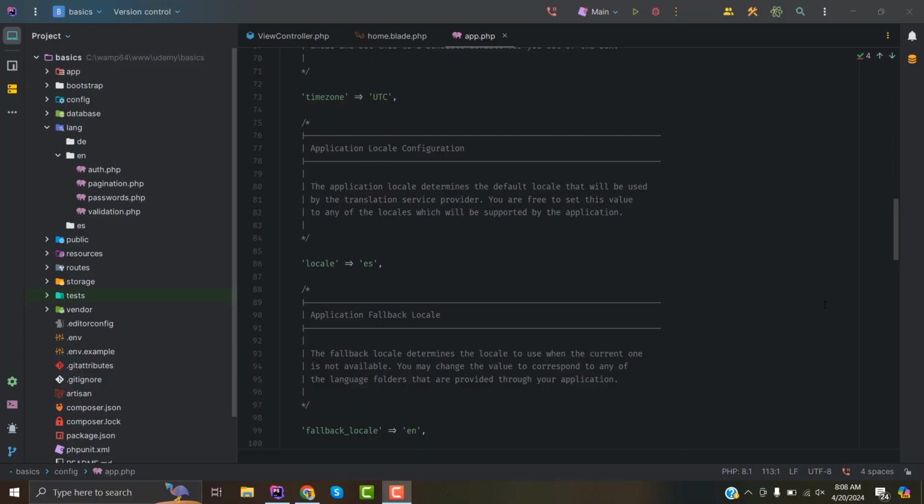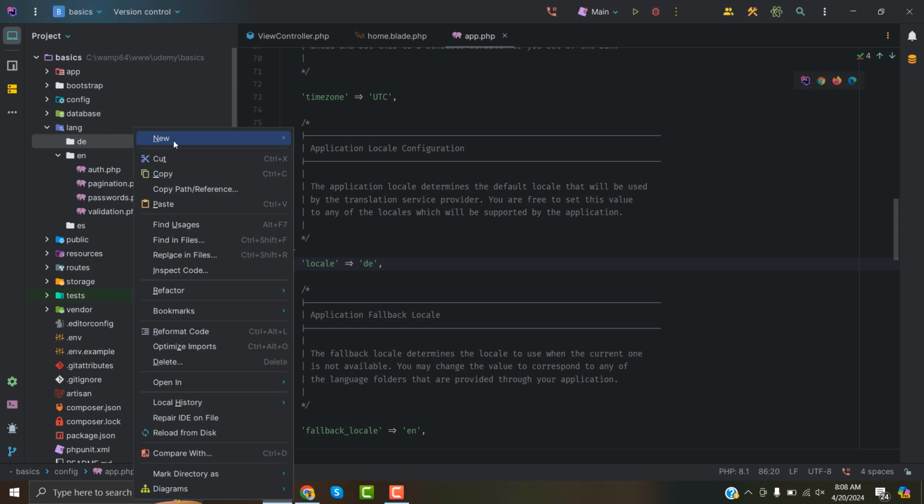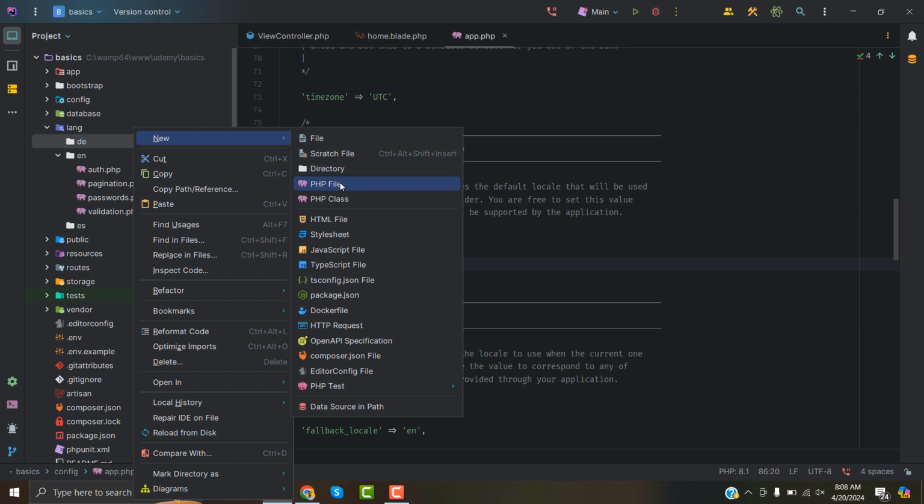Alright, so let's create our first language file and translate our text into maybe German. I am going to create a first German translation file. I have already created the directory here, which is the DE. Now first of all, let's change the default locale of our language to DE, and then let's create a file called general. You can give it any name, but I will name it